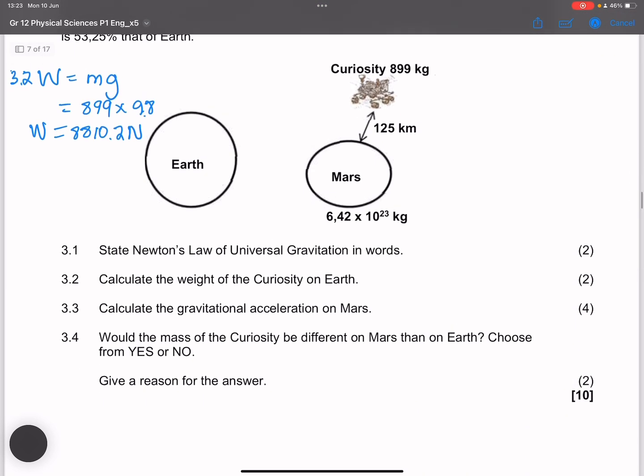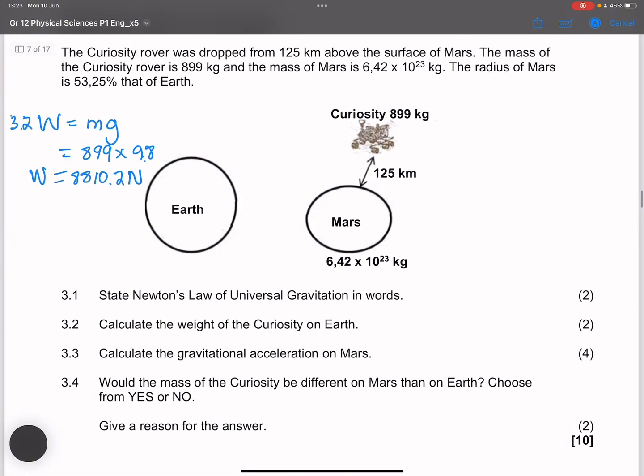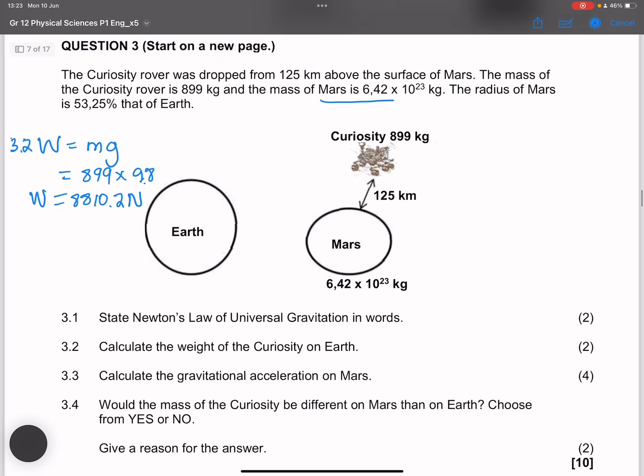They say calculate the gravitational acceleration on Mars. Now, ladies and gents, please remember, we were given the mass of Mars and we're given the percentage of the radius of Mars in relation to Earth, right? Remember, the radius of the Earth is always given. Please remember the radius of the Earth is 6.38 times 10 to the exponent 6. Which means that the radius on Mars would be